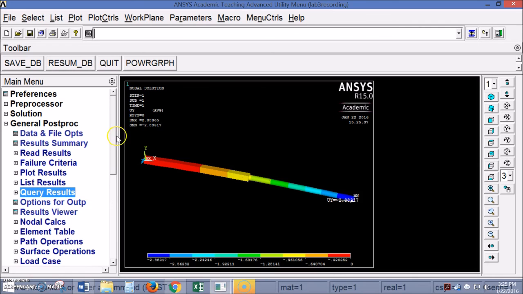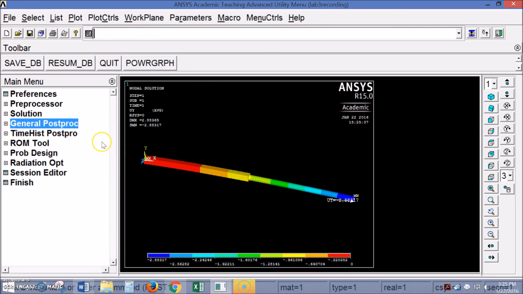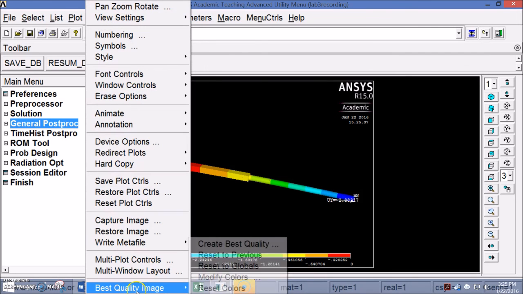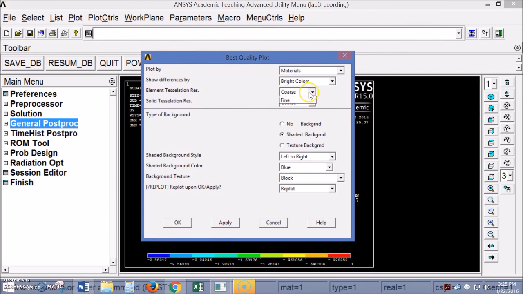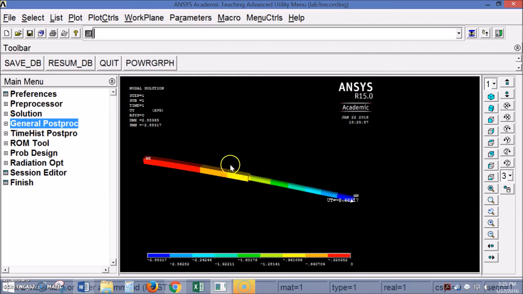Anyways, something you're going to want to know for printing out good plots in ANSYS is these commands here. If we go to plot controls and then all the way down to best quality image, we can hit create best quality. And we have all these options here. We have resolution options: coarse, normal, fine. We can put a shaded background in there. I'm just going to click no. And then I want to replot. So I'll hit OK. When it does this, it'll print out a better looking image, but you'll notice my callout here is a little messed